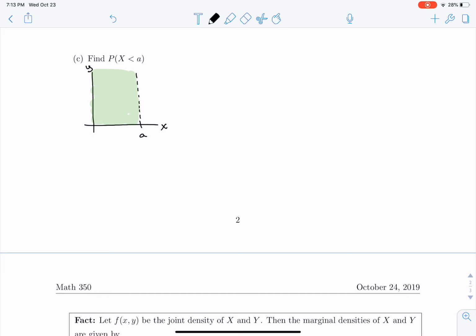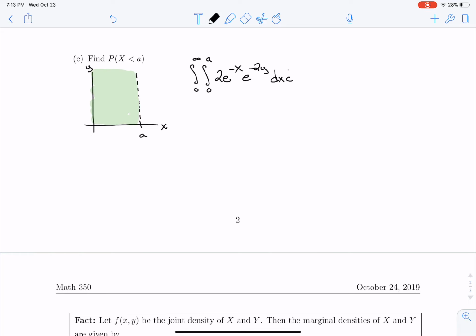So let's see, that looks like the integral from 0 to infinity in y, and the integral from 0 to a in x. And this would be the integral of 2e to the minus x, e to the minus 2y,